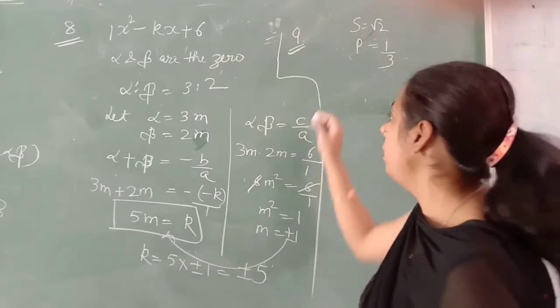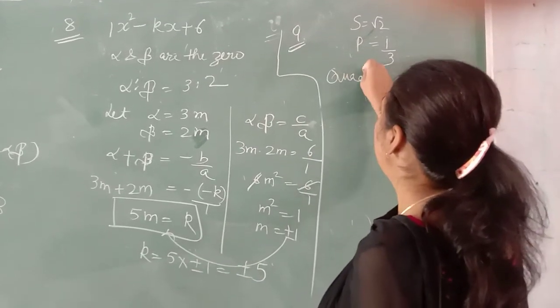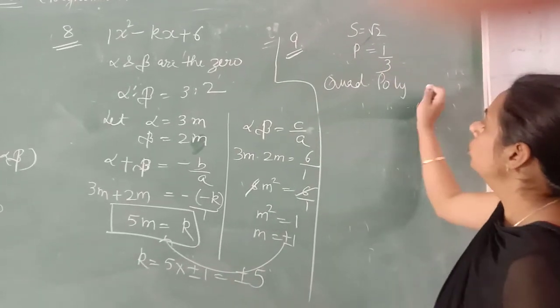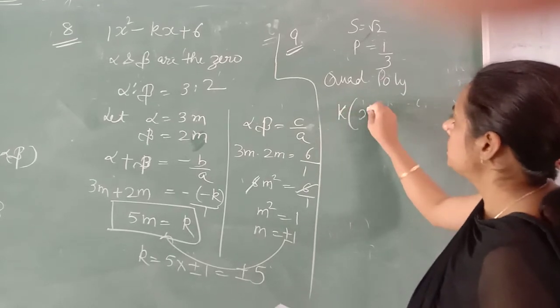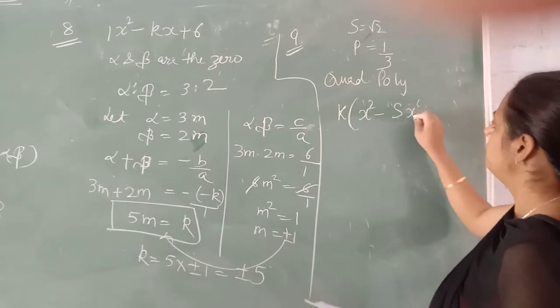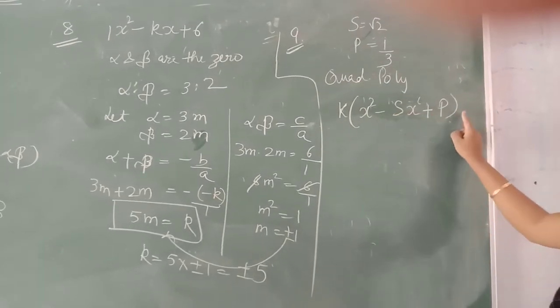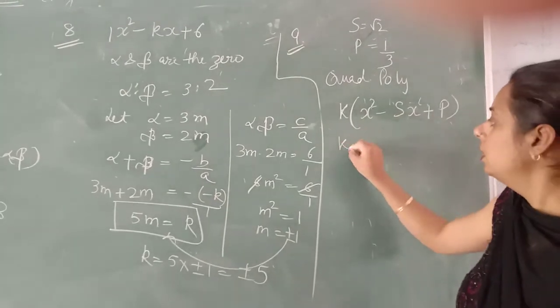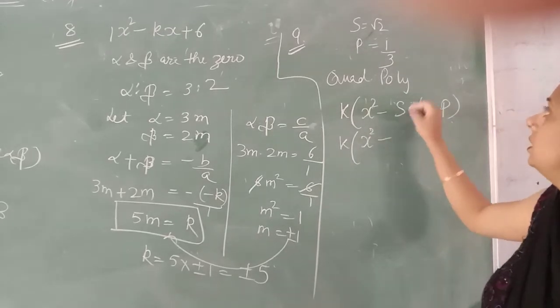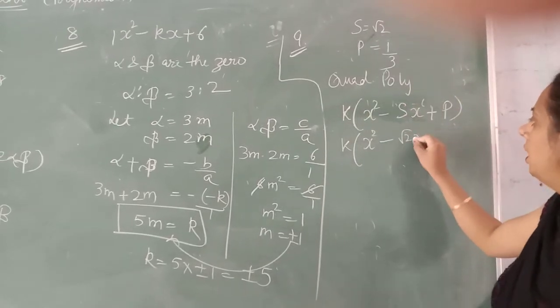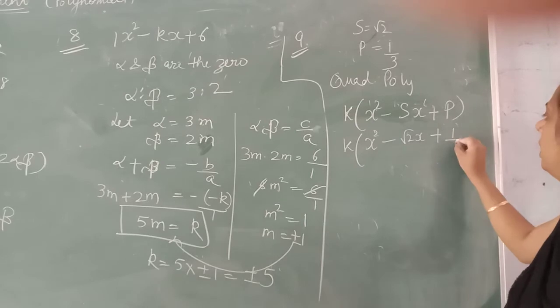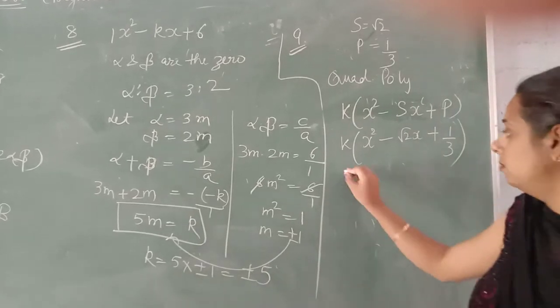And what is the formula of a quadratic polynomial? As you all know, the formula is k into x square minus sx plus p, where s is the sum of zeros and p is the product of zeros. And you can put the value of s here as √2 and the value of p is 1 by 3. On taking LCM, you can